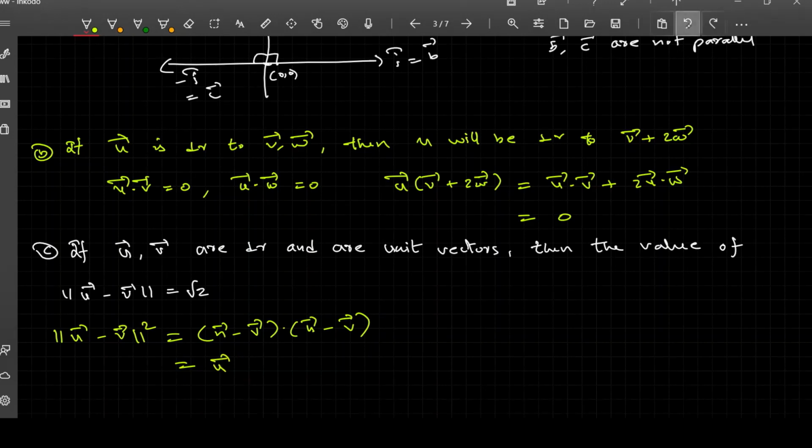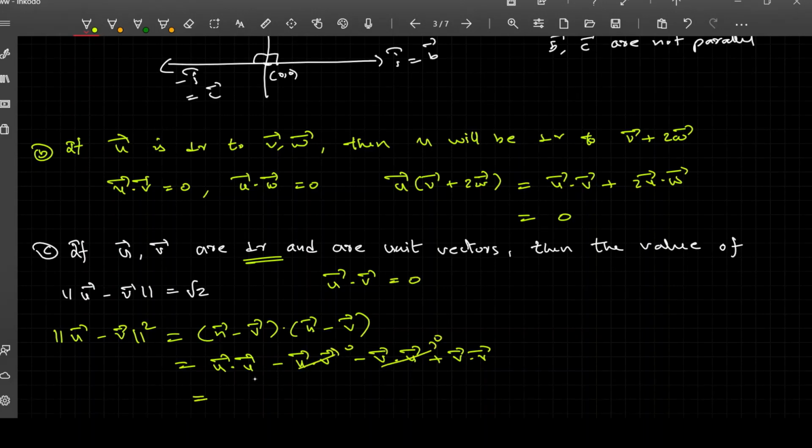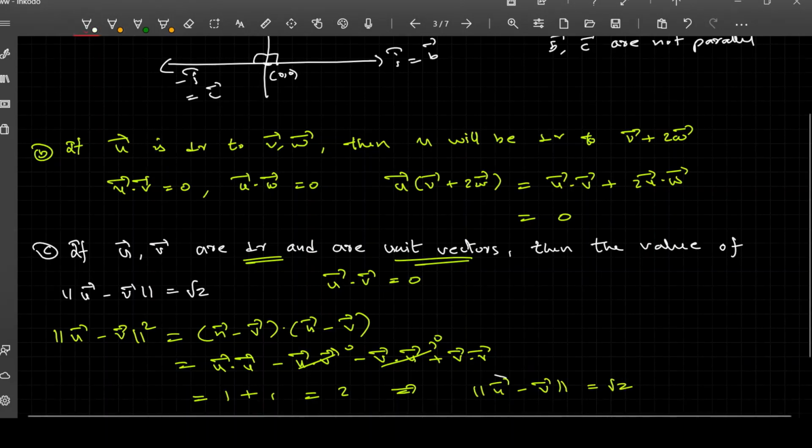So it's better, it doesn't have any significant meaning, so it's better we write this dot product of u vector and u vector minus u vector of v vector minus v vector of u vector plus v vector of v vector. And we know, as it's given, that they are perpendicular. Fine. So dot product of u vector and v vector will be equal to 0. So this is 0, this is 0, and this u vector into u vector, because they are unit vectors, this will actually give the value to be 1, and this is also 1. So totally it is 2. So the magnitude of u vector minus v vector will be equal to root 2. So this is the final answer for this part.